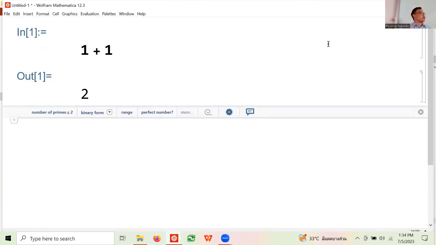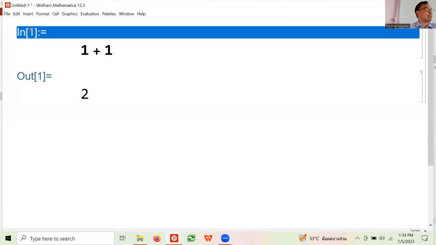You notice one thing. This cell originally had no number. Now it has a line number. That line is associated with that action. It's just a record of that action. In a typical session, maybe you go up to 100, doesn't matter. But the output 1 corresponds to the input 1. Sometimes you have a picture in between, so there's a direct reference. You don't get lost as to what's happening to what.